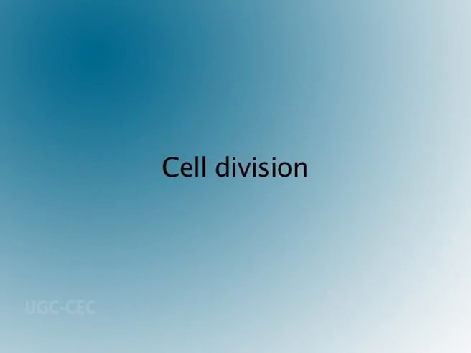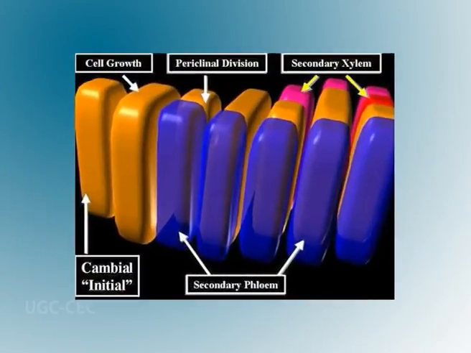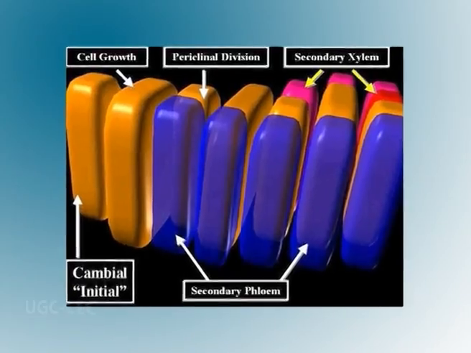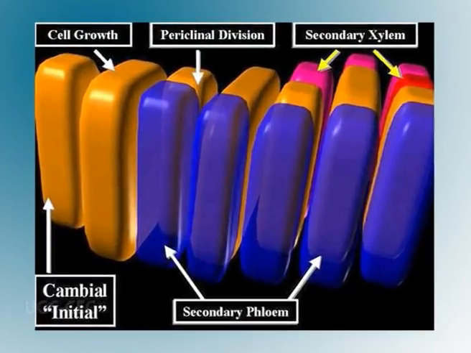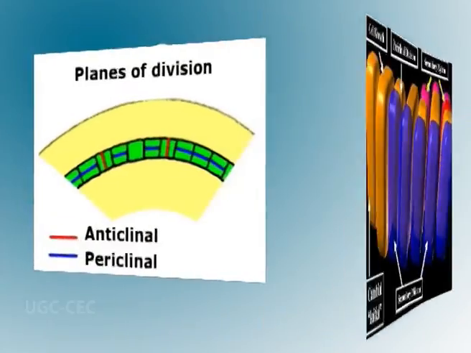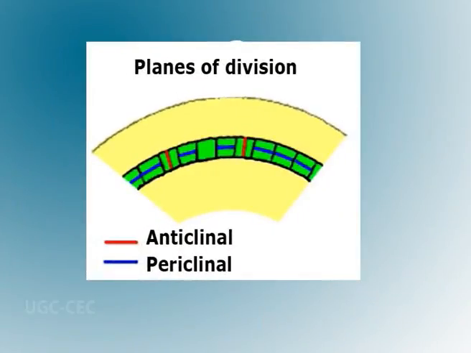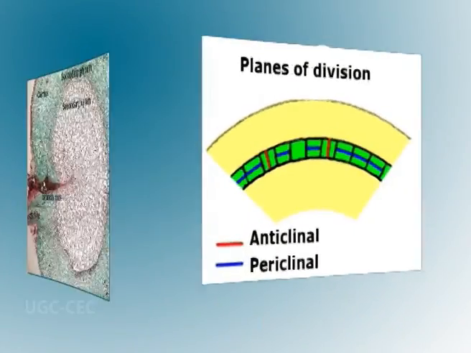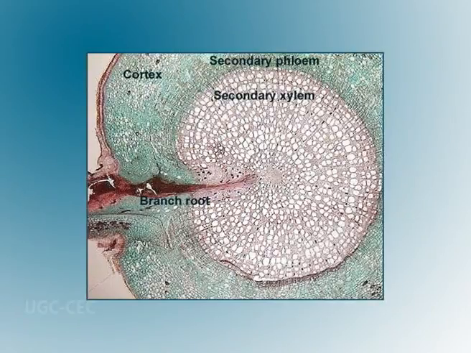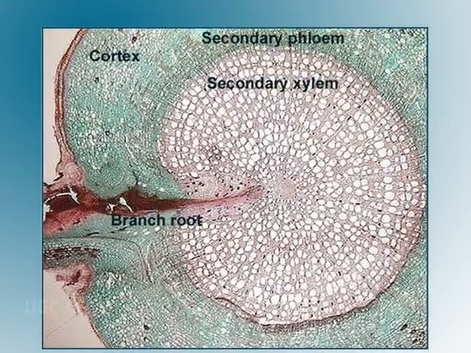Now, cell divisions. The cambial initials and the cells which are derived from them but have not yet undergone differentiation divide periclinally and anticlinally in a longitudinal plane. As a result of periclinal divisions, which are more numerous, new cells are added to the secondary phloem and secondary xylem. The derivatives of each initial therefore form radial rows which can sometimes also be distinguished in the xylem and phloem.